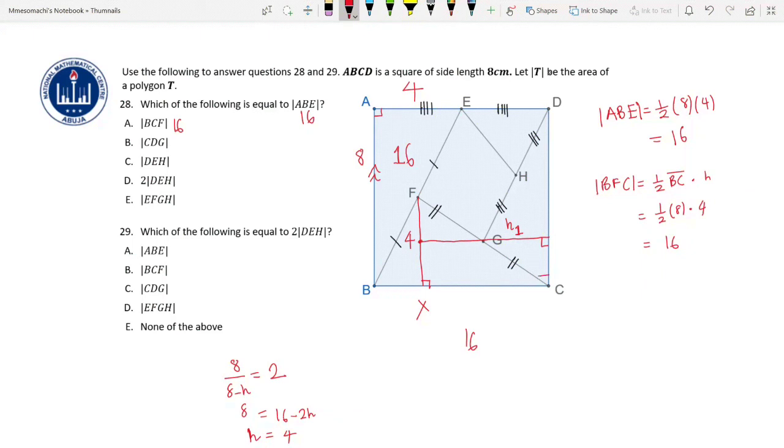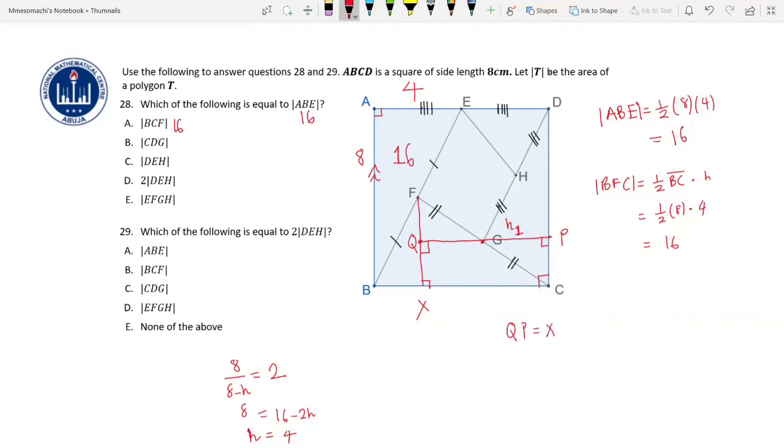Now we know that this angle here is 90 degrees. So it means the sum of angles in a quadrilateral, which is 360, will force this angle here to be 90 degrees. Okay. So it means you have a rectangle again. So let's just call this point P, and let's call this point here Q. And now, to find H1, we need to find, since this is a rectangle, we know that QP